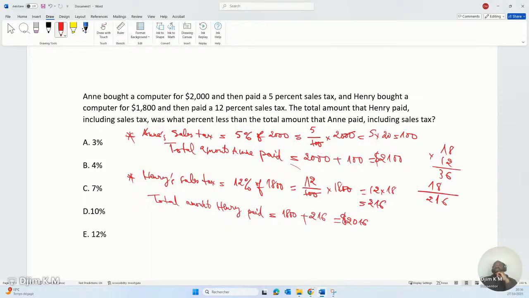The question says the total amount that Henry paid, including sales tax, was what percent less than the total amount